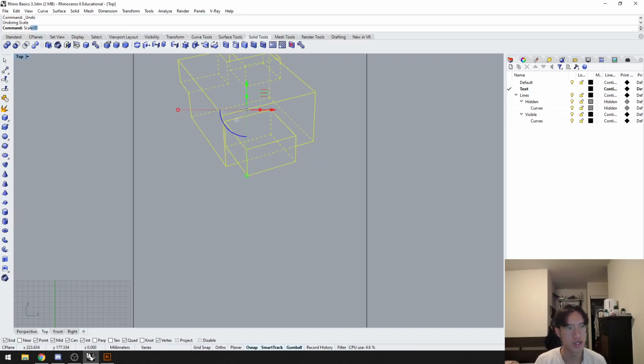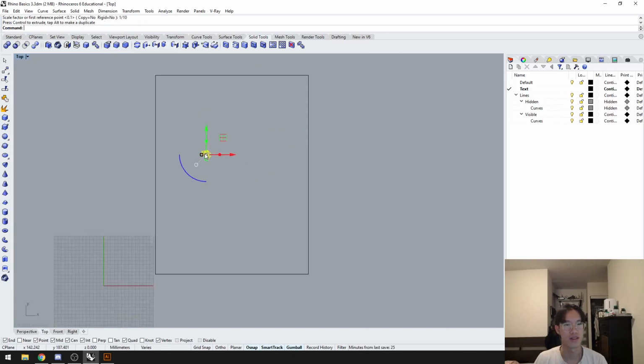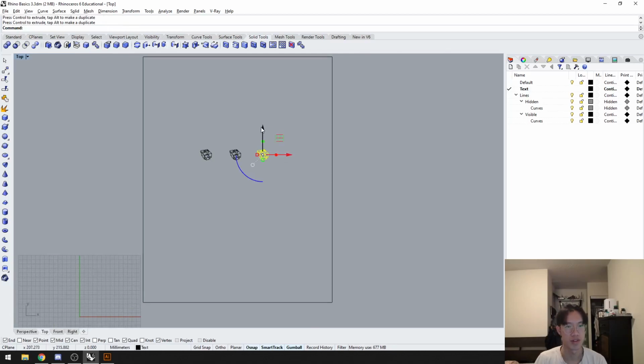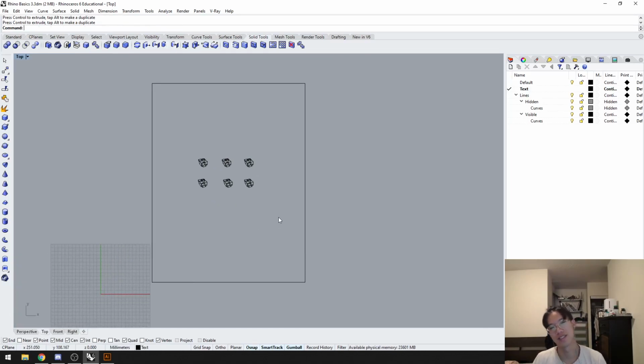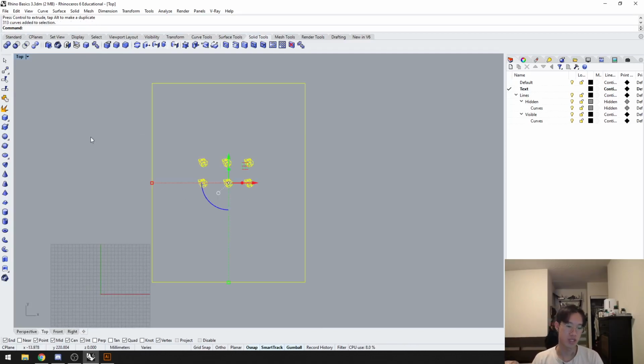Sorry, I should have just said I do scale. I click on the base point to scale from, and then I do 1-to-10, right? And then maybe I want to do a cool grid of these or something. So cool. Anyways, that's essentially how you scale, and then you can just export this entire thing